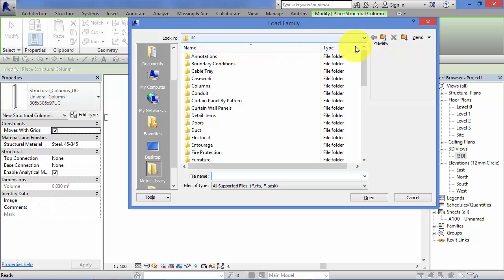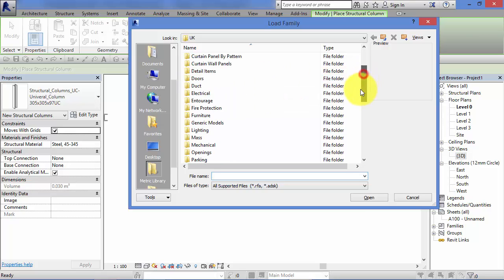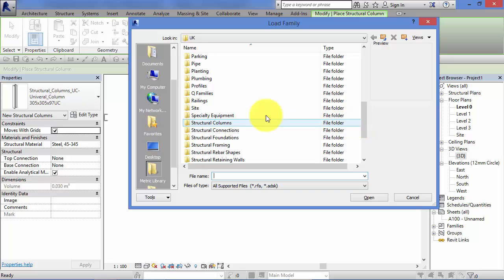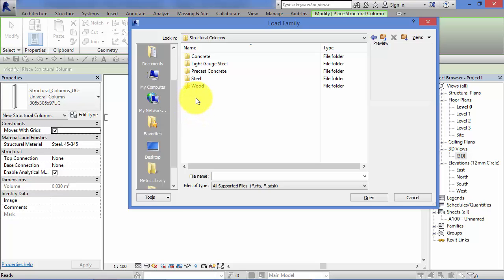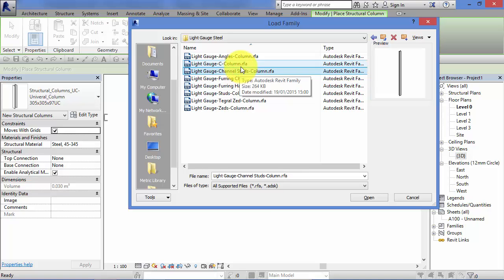Now your copy of Revit should be configured to point towards the installation library that was installed when you set up Revit, and within here you've got a range of folders containing all sorts of different families that you can load in. So we've got a folder there for columns. Now those are architectural columns, and lower down in the list we've got a separate folder for structural columns. So I'm going to go ahead and open that. Within there I've got a number of subfolders for different column types. So I'm just going to have a look through some of these, and a single click on each of these will give you a thumbnail or a preview, see what the column's going to look like,